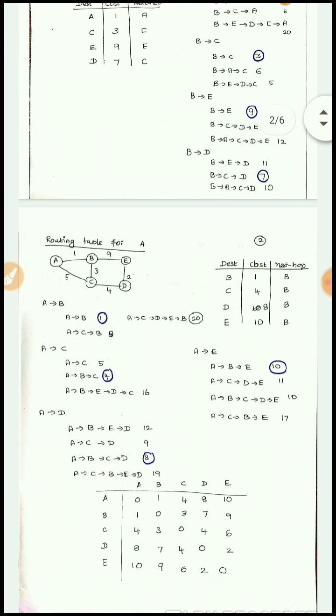The remaining values you need to fill up from the table you have created for each and every router. So from those table data, kindly fill up the table, that is the consolidated routing table, by using distance vector routing. Is this clear?